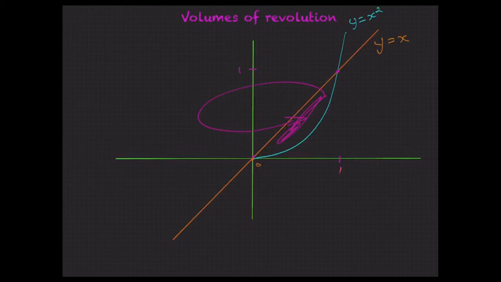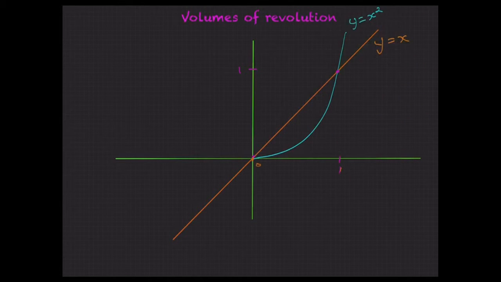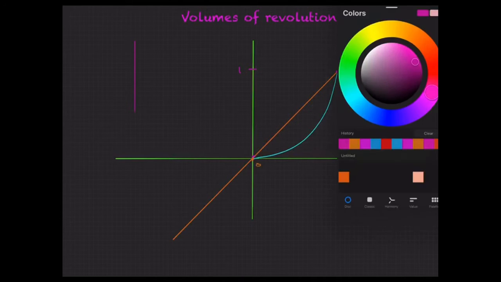If I spin this thing around the y-axis, I'm going to get this three-dimensional shape, and you would think that I'd need multivariable calculus or double integrals or something like that to find the volume of this, but I actually can do it with single variable tools, with just a single integral. And the way that we do that is by generalizing the notion of what we did in the integration theory video, where, just to briefly recap, I was trying to find the area under the